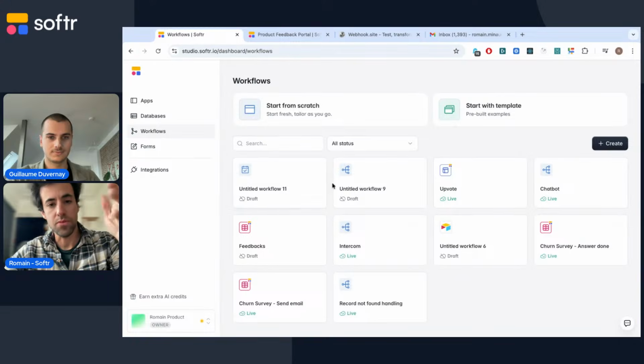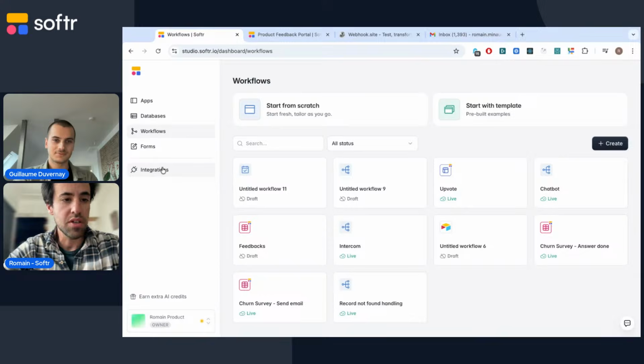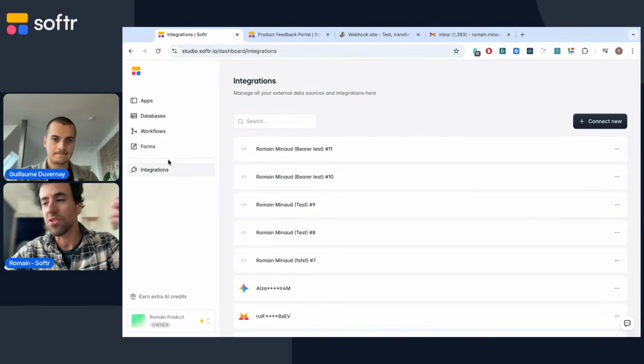Now the workflows. I'm going to start from scratch. Workflows are top-level objects that you have here, but you can also create a workflow from within an app if you want to connect this workflow directly to this app. Is it fair to say that app, or what we can call interface, database, and workflow are the three building blocks of what we can call a full stack app? Would you agree with that? Yeah, maybe we could add integrations as well. Integrations by definition are outside of Softr, but a lot of the workflows are also using external integrations.